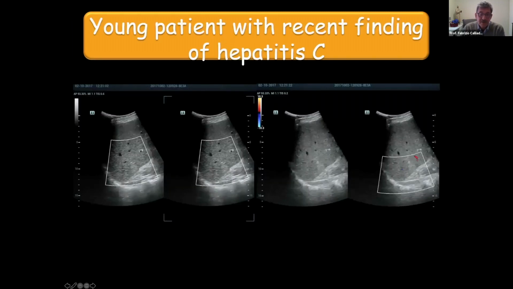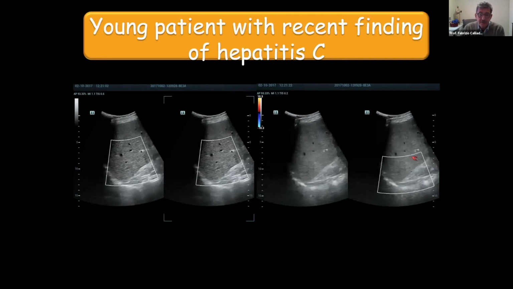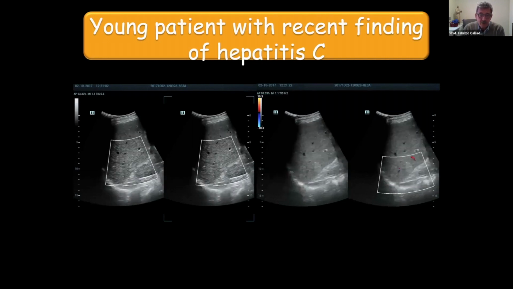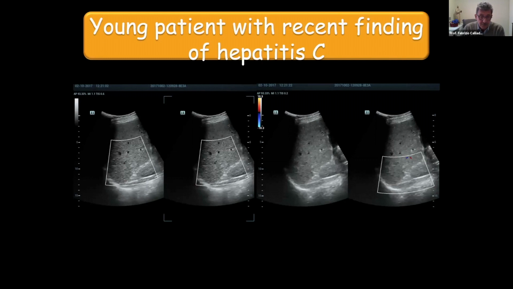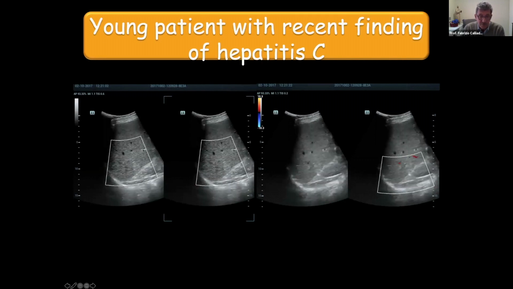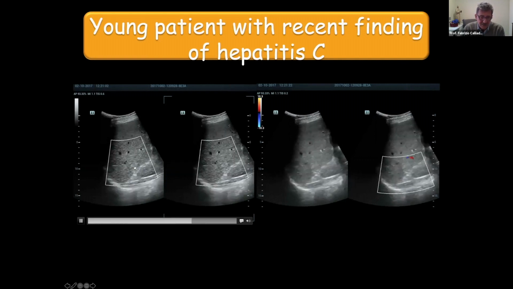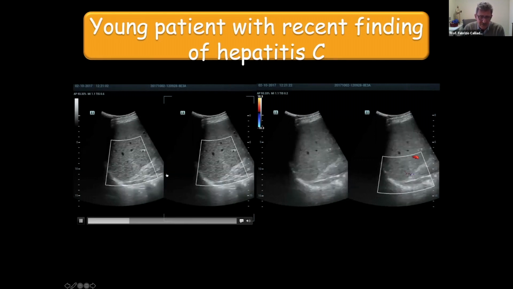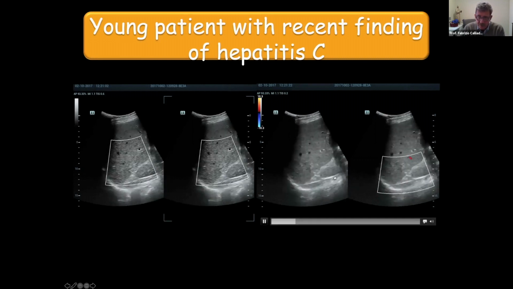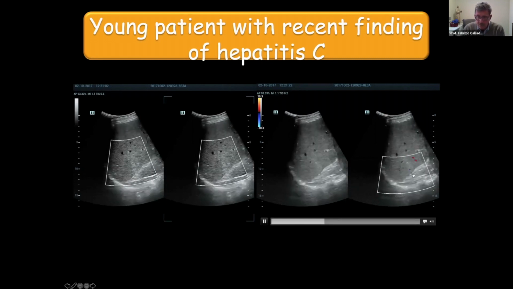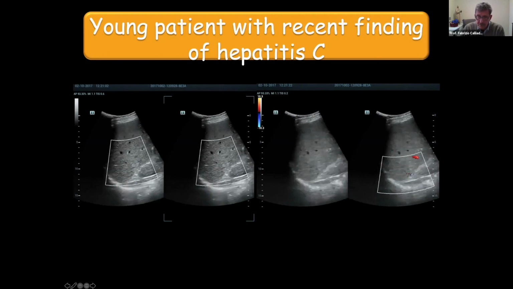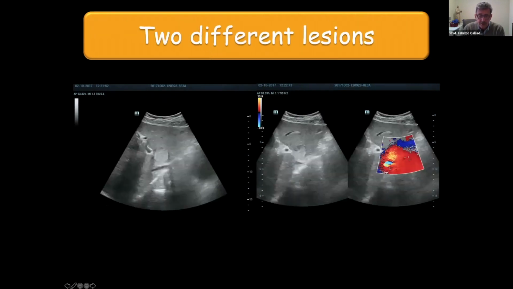Okay, now a much easier case, a young patient with a recent finding of hepatitis C. The finding was recent, but probably not the disease. And one lesion here, subtle to see, better seen with this trick. And of course, color was not very helpful. But the patient had another lesion here,